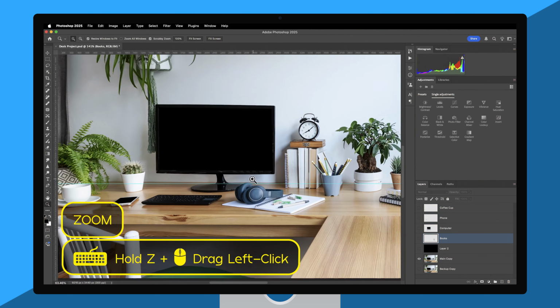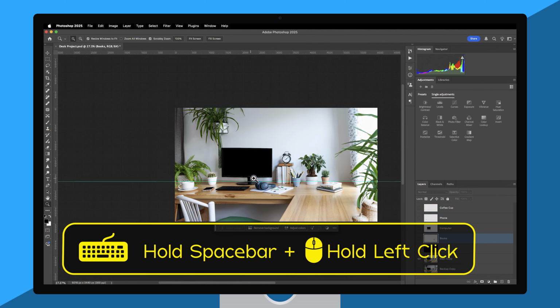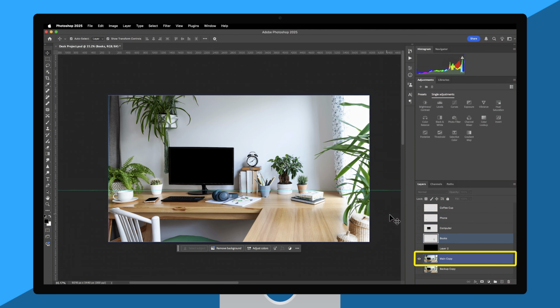Now I can zoom out of the image, and if you're not familiar with how to move your composition around the workspace, all you have to do is hold space on your keyboard, which will temporarily change your active tool to the Move tool. Then when you're holding space, use the left button on your mouse to drag around the workspace. And at this point, make sure to select the main copy layer, and then select the rectangular marquee tool